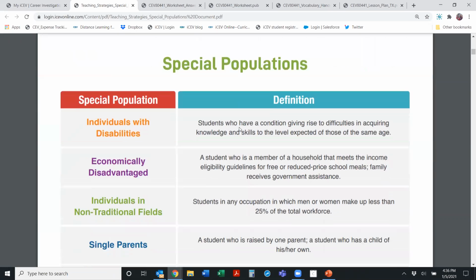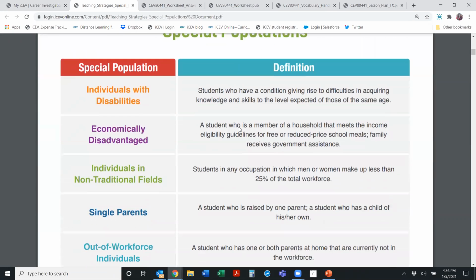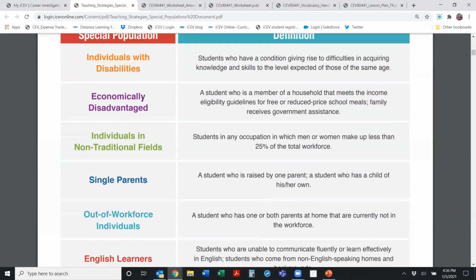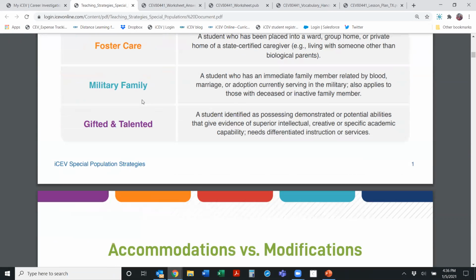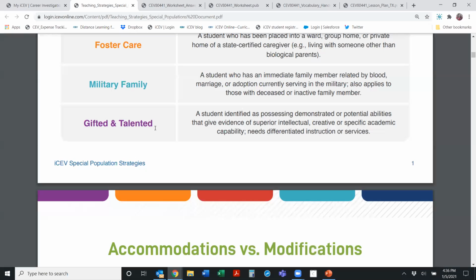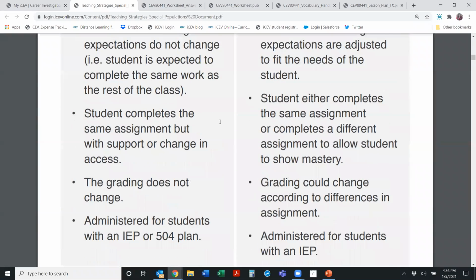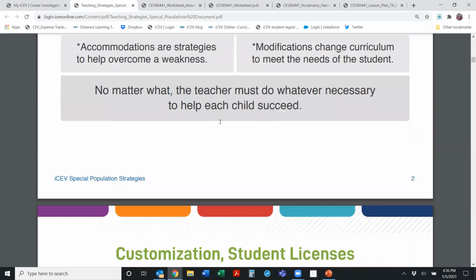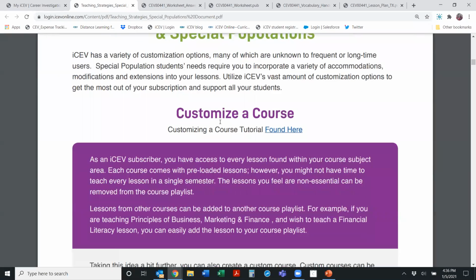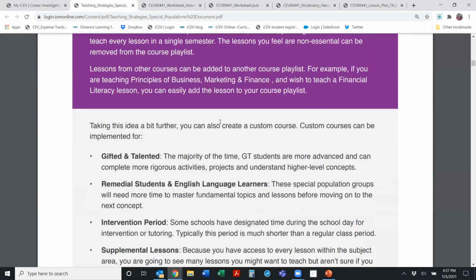Obviously, everybody pretty much knows the definitions of your special populations, but notice we range from individuals with disabilities. We address all of these all the way to your gifted and talented. So this document would help a teacher know how to serve that special population. We have all these strategies in this document that would help you know how to customize it for that special needs learner.